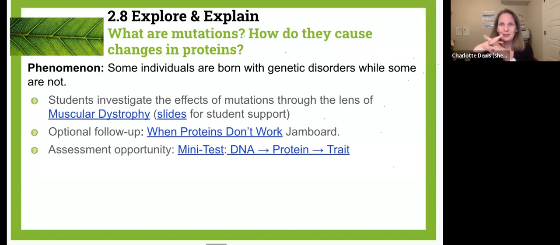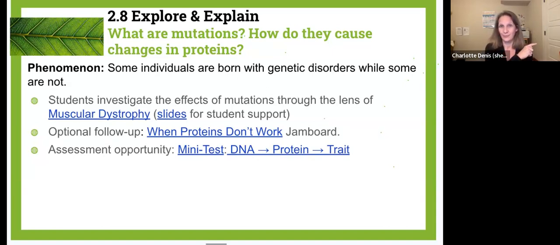Hollywood leads kids to believe that one mutation is going to cause them to, I don't know, sprout a third head. And as biologists, I think one of the biggest responsibilities we have is to help students understand how some of the words that are thrown around in everyday language are actually misrepresented in terms of science. Those scientific words are used, but they're misrepresented out in the real world. So I actually like to spend more time talking about the ins and outs of how mutations work, rather than